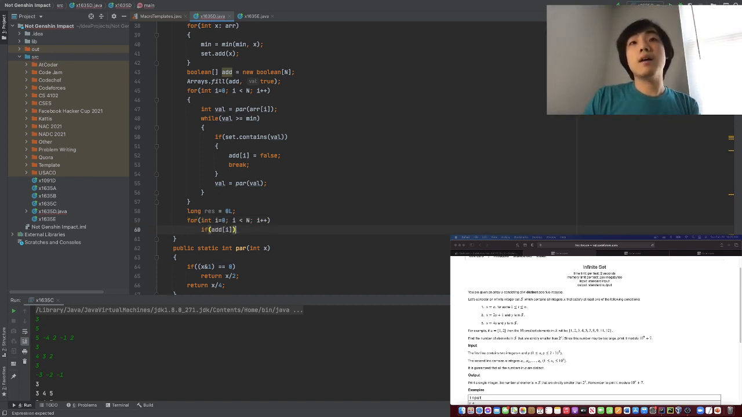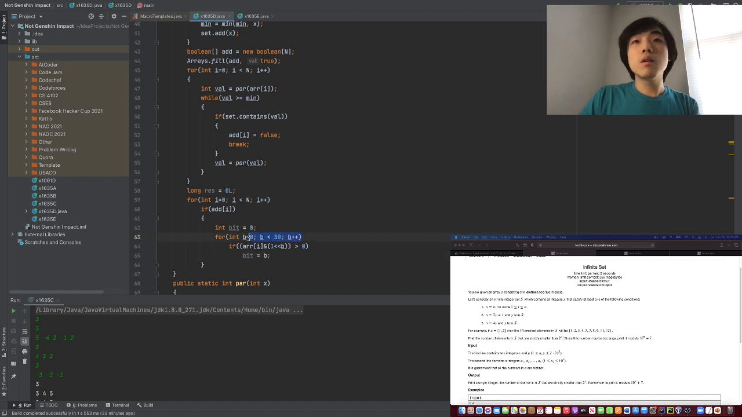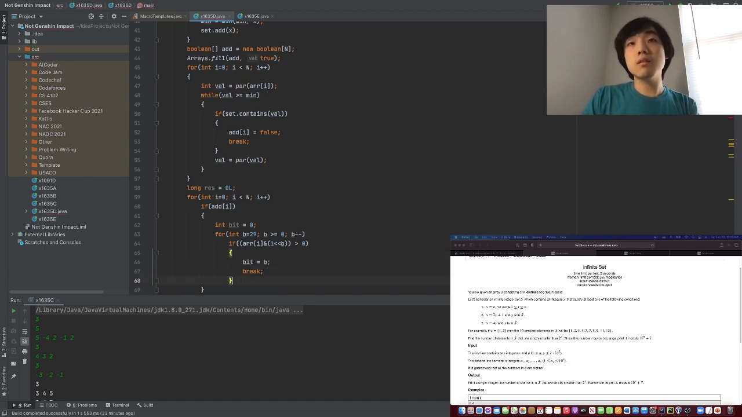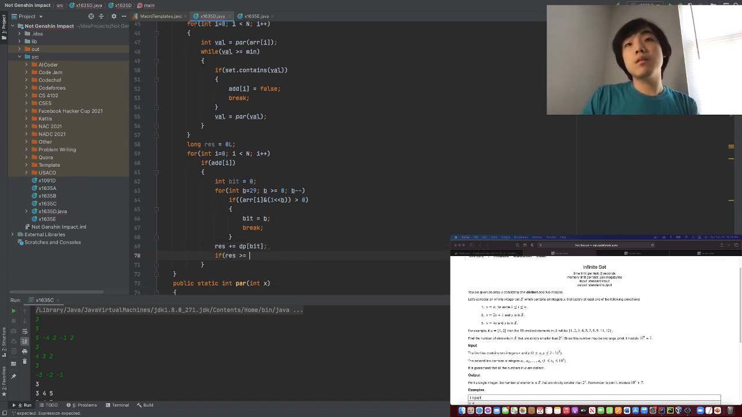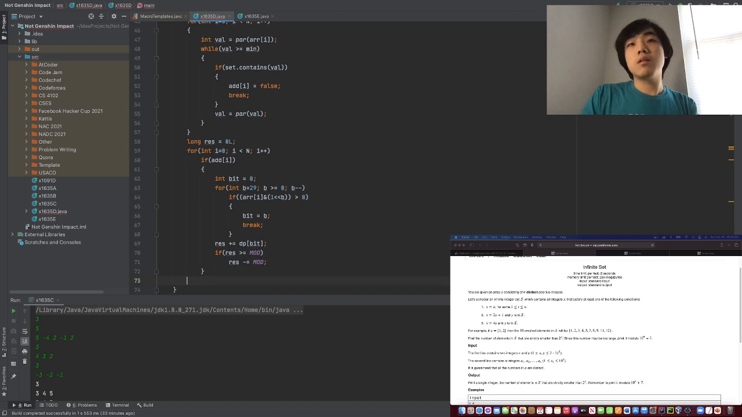Okay, so if we add i, then int bit is equal to 0, or int b is less than 30. If array at i and one method that b is greater than 0, bit is greater than b. I guess b is equal to 29, b is greater than or equal to 0. And we can just break and just save a few iterations. dp at bit, if des is greater than or equal to mod,